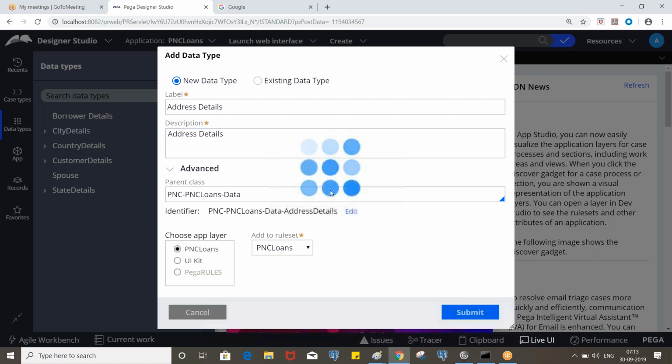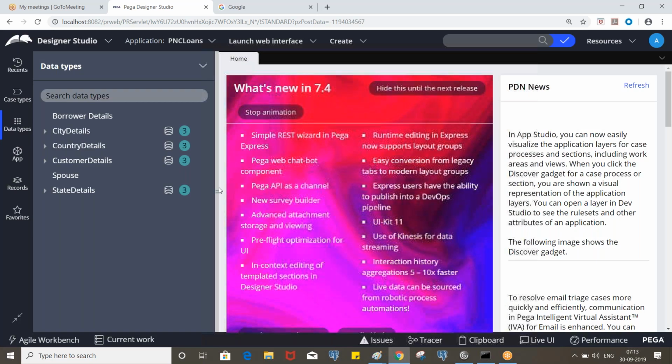So create an address details data class with the properties.